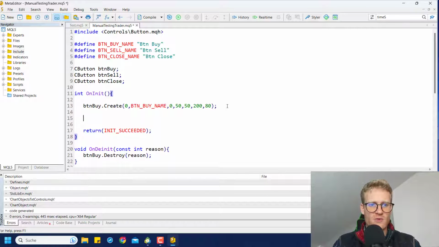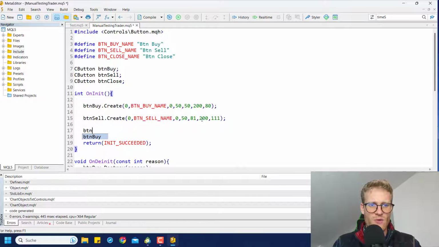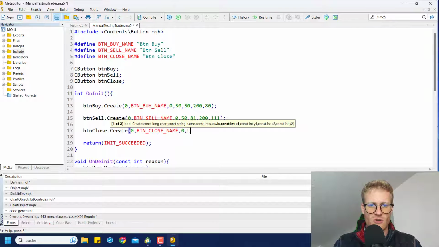Of course, we will do the same thing for the sell button. Just create the sell button, everything's the same except for the name and the location. It's still 50 to the right, but here we want to have 80, or let's say 81, as the Y parameter, 200 can be the same, and then again the height should be 30 pixels, so we will have to go with 111, I guess. And then we have the close button, and we want to create it in this chart also, so 50, then we have 112, I think, and